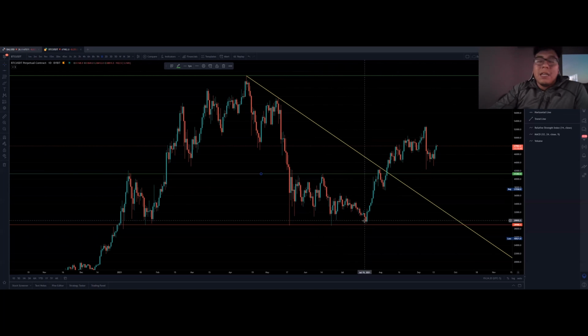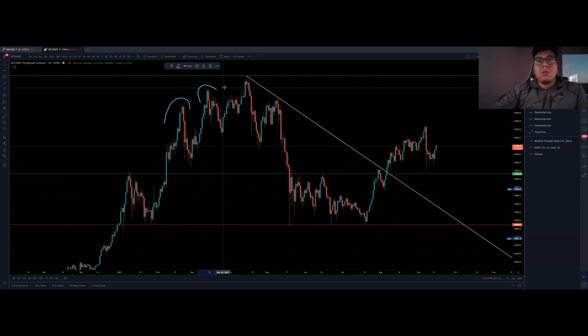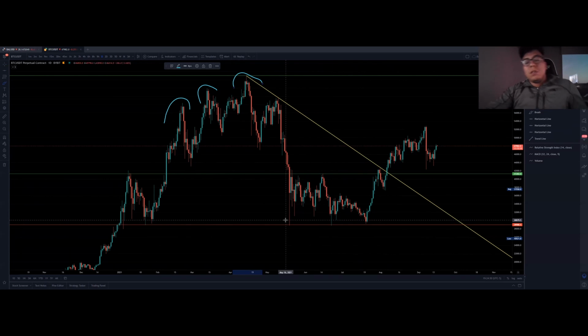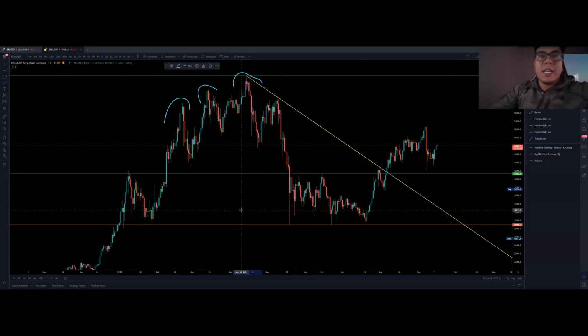So you went down, and look what happened again right before you really sprung up. You came back down to try and test this level again, and you only got to 29,300. And that's kind of what you want to see. You want to take trades where you see one bottom, two bottoms, possibly a third bottom. With the third bottom, you've got to think in the rule of threes. 1, 2, 3, reversal. 1, 2, 3, reversal. So you just came back down and